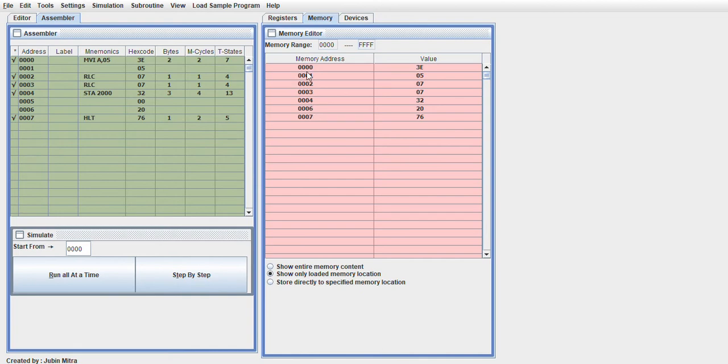The program has been started automatically because the origin for the program has been provided already. It is by default 0000 in the software, but we can change this location also. The instructions require 8 memory locations, starting from 0000 to 0007. We can also see how many T states are required for every particular instruction. Now by assembling and running this program, clicking on run all at a time,